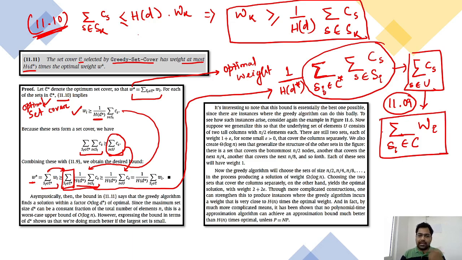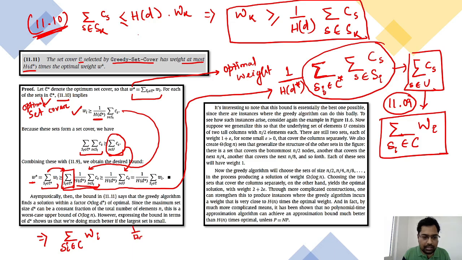Clear. So to equate it, I must tell you, the set cover whichever we are getting, the weight of S of I which belongs to C, W of I is definitely at most, this side we are keeping, other side